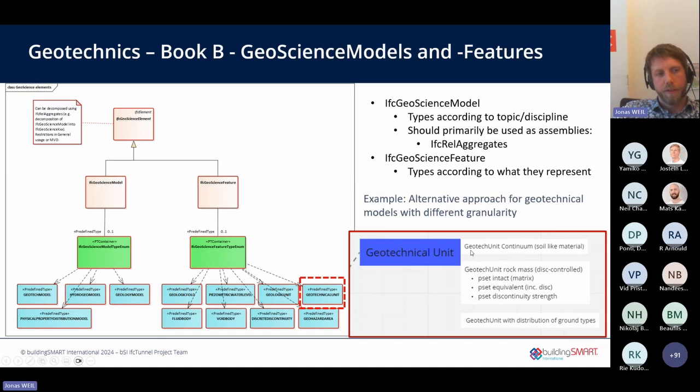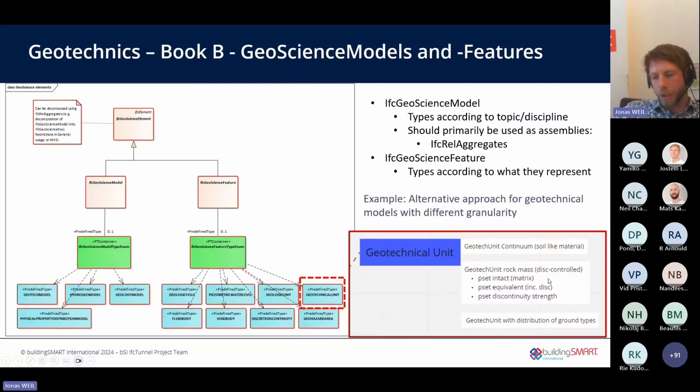One is a property set for soil-like materials with key properties for soil. Of course, this list can also be endless depending on the material models you want to apply in your geotechnical analysis and so on. But again, this would be the approach to use custom property sets. The second option is description of rock material.